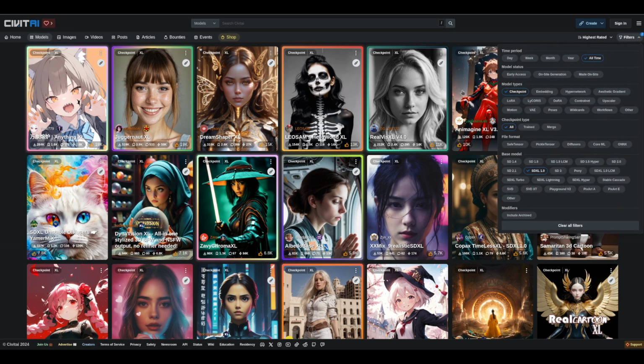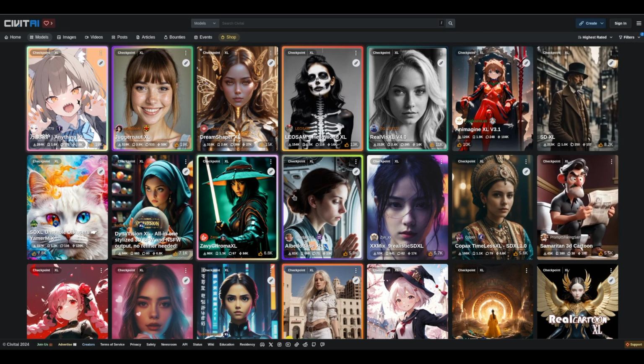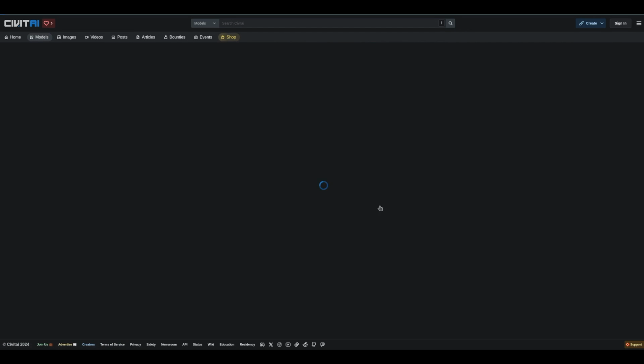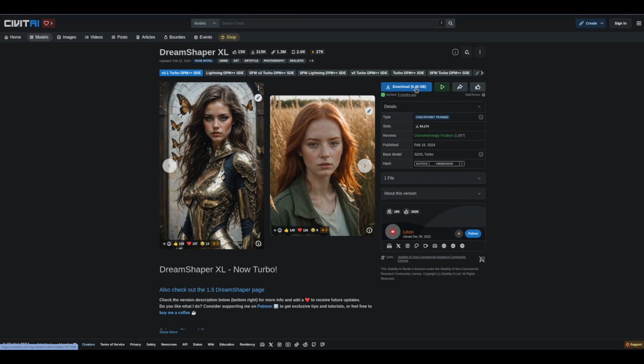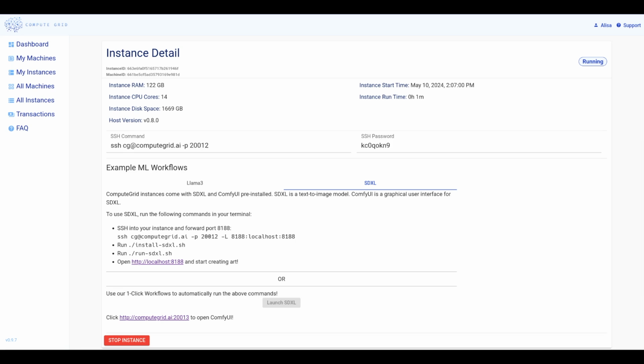All you have to do is make sure you're filtering for checkpoint and SDXL 1.0. From here, all you have to do is find a model you want to use and click download. If you're like me and using Compute Grid, you would just instead copy the model download link,